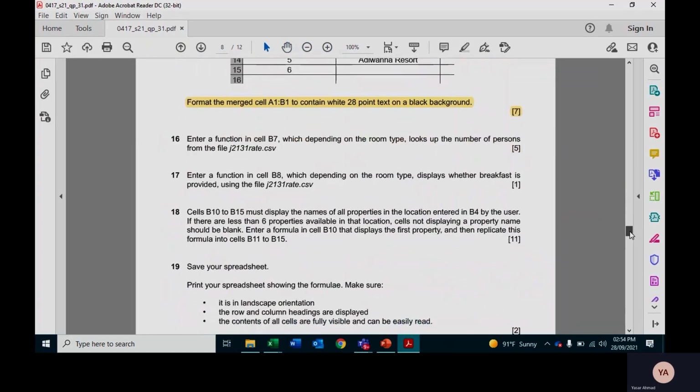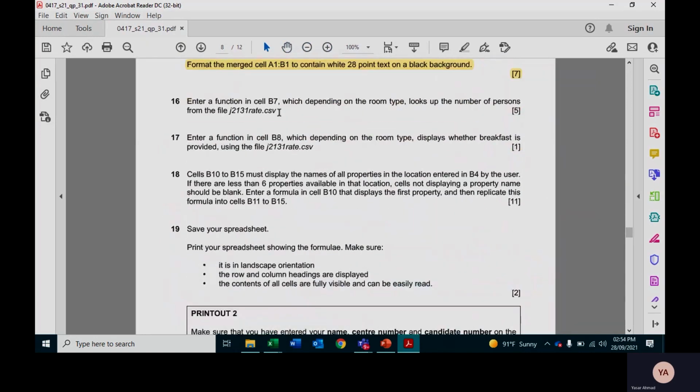Okay. We're now going to be looking at question 16. So enter a function in cell B7, which depending on room type, looks up the number of persons from the file J2131 rate.csv. Right, the first two pieces of information that we need to look at is,